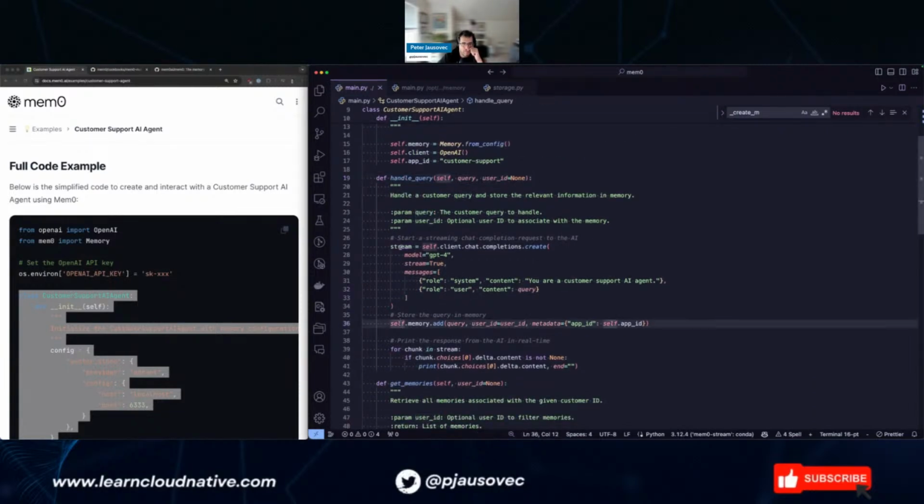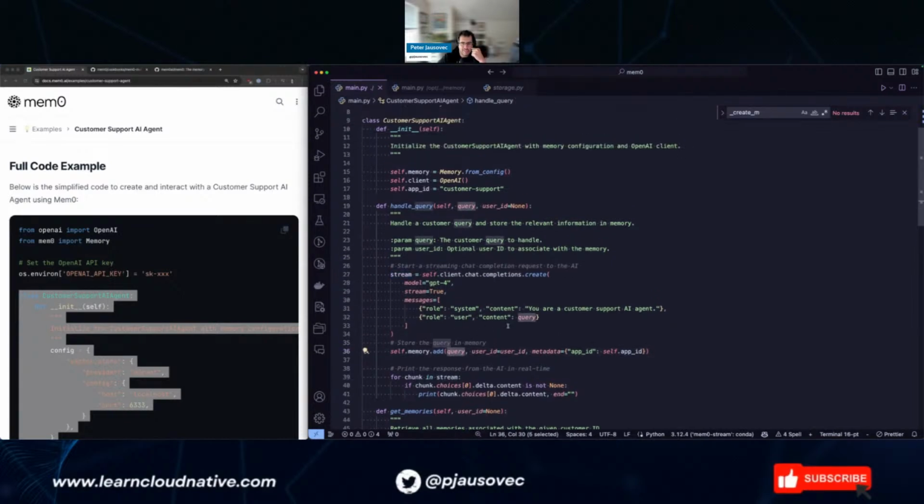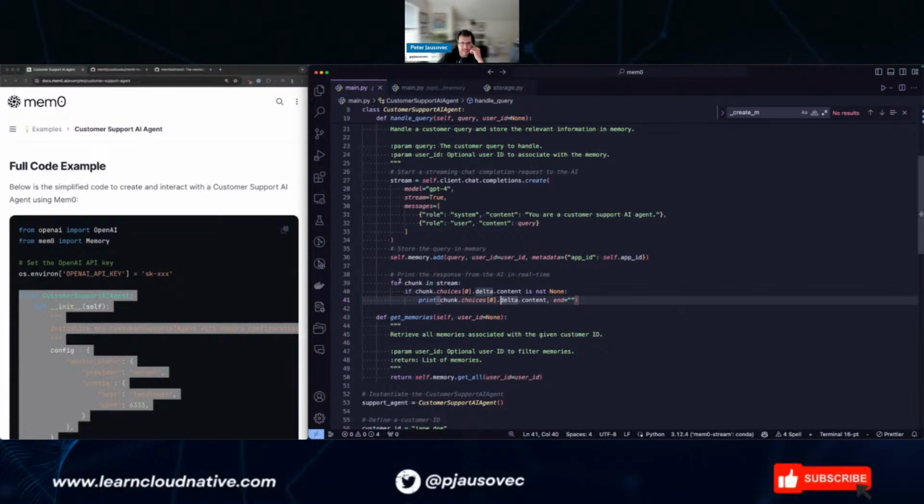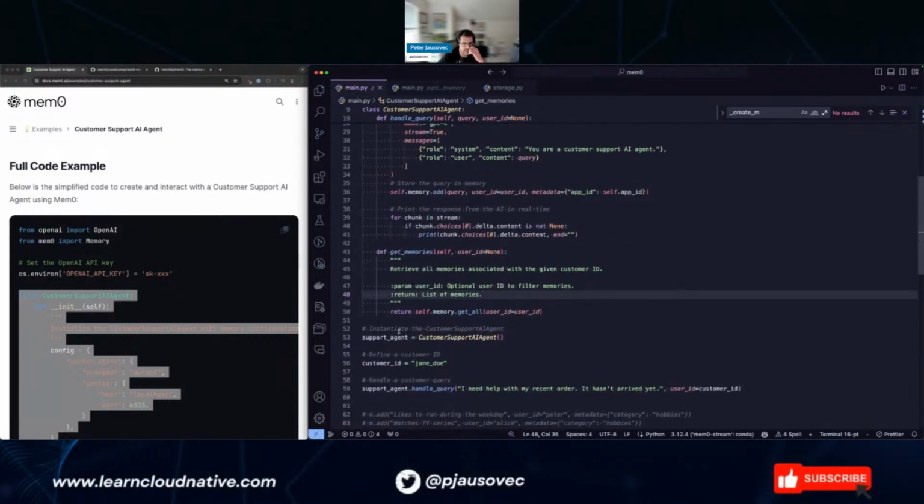Once we get back, we store the query the user asked per user ID and add the app ID to metadata. Then we print the response. We're not actually storing responses because we don't have to, since we're streaming them back. Another function returns all memories for that user.